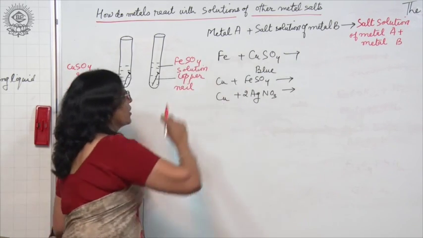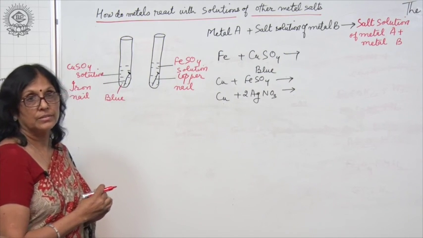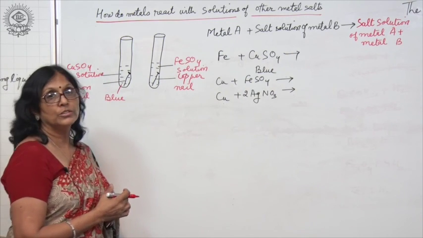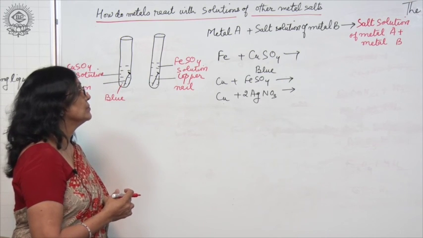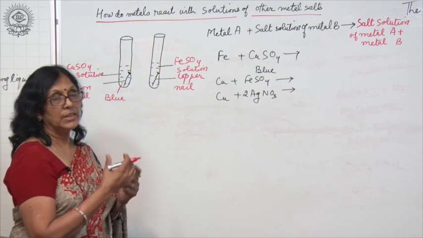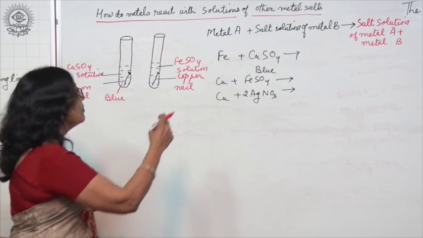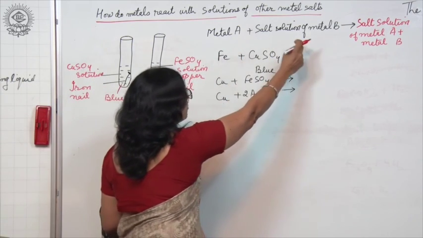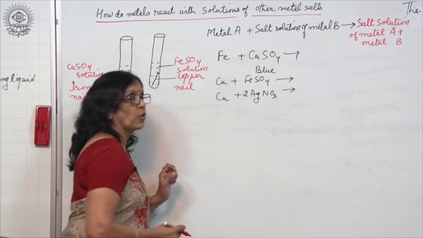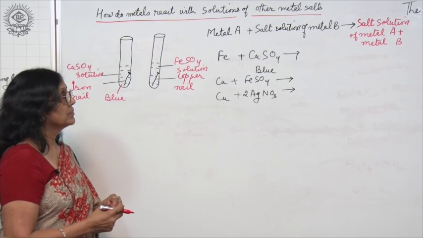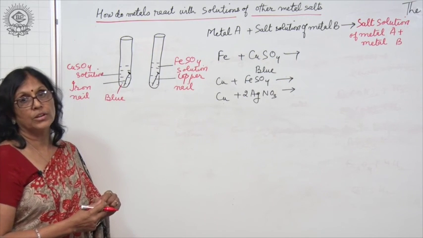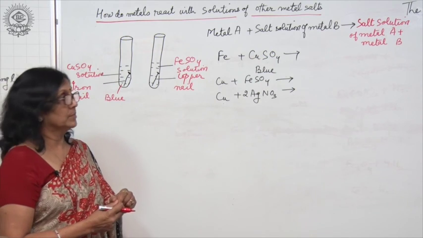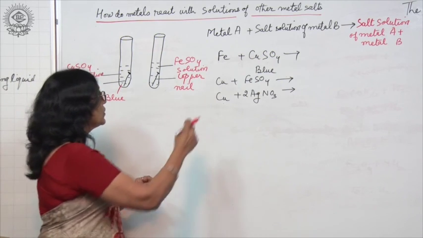Now, when this reaction occurs, think what conclusion you can draw. Very clear it is that metal A has displaced metal B from its salt solution. That is, metal A is more reactive than metal B. So, when this reaction has occurred,